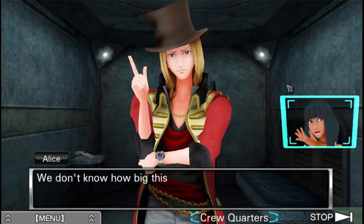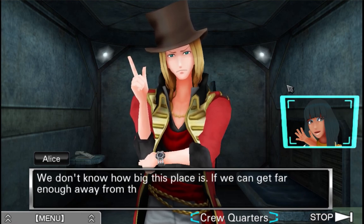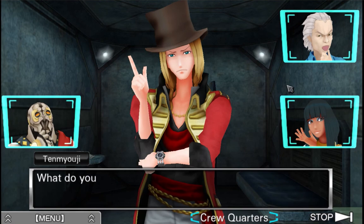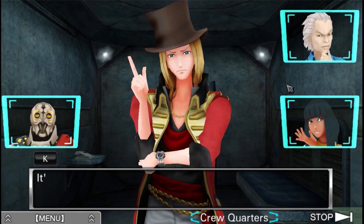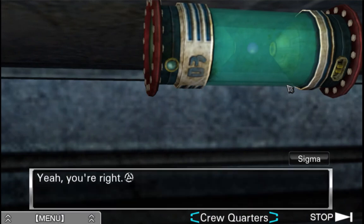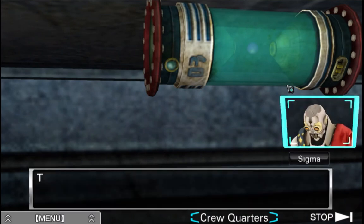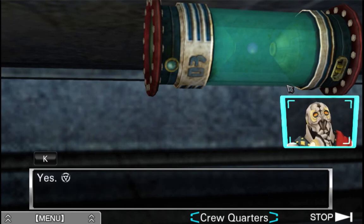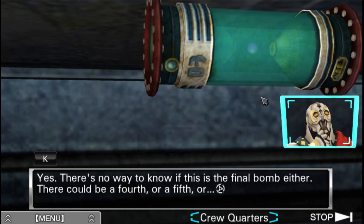We don't know how big this place is. If we can get far enough away from the bomb, we might have a chance of survival. Perhaps, but how do we know this is the only bomb? What do you mean? Look at it carefully. It's got a number 3. Do you see it? Yeah. Yeah, you're right. If the bombs are numbered, then there could be a number 2 bomb and a number 1 bomb out there, huh? There's also number 0. Yes. There's no way to know if this is the final bomb either. There could be a 4th, or a 5th, or...